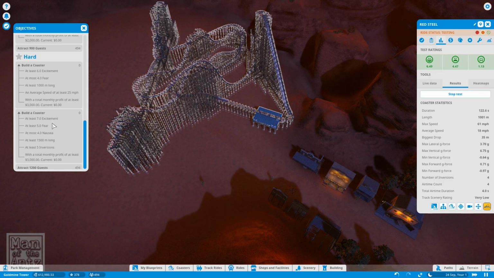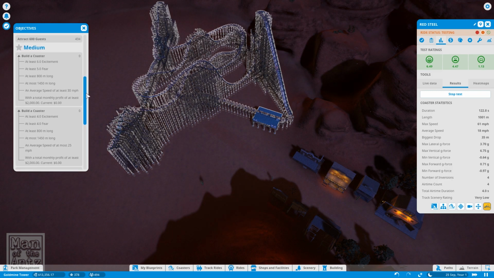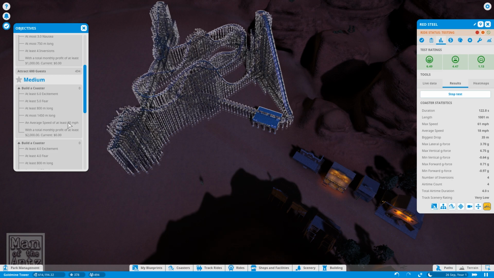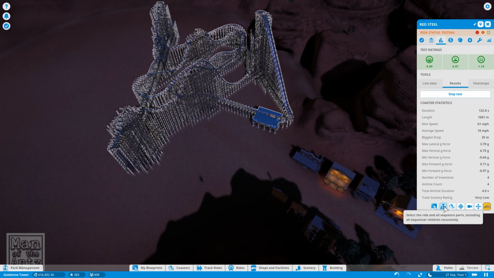At least 7 excitement. At least 5 fear. Might be able to do that. At most 4 nausea. And at least 1500 meters. No. No. So we're going to have to aim for this one. So we need to get the average speed up to 30 miles an hour. So we need to figure out